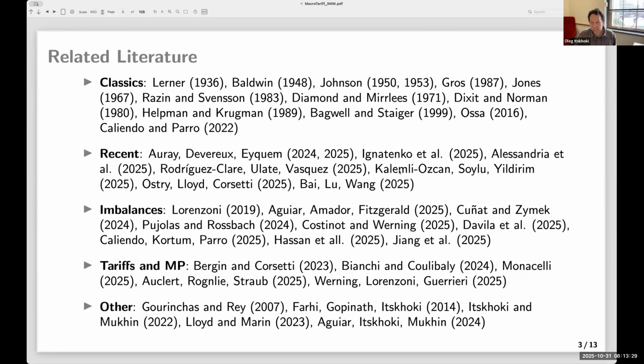Okay, so there is a very large literature and important papers here. We obviously build on many papers that were written in 2025, but also a lot of papers that were written in anticipation of what will happen. I see Mick here. He has an important paper on this. Guido Lorenzoni wrote a paper on this during the first sequence of the trade war. And then there is a much older literature from trade which typically did not focus on the imbalances.